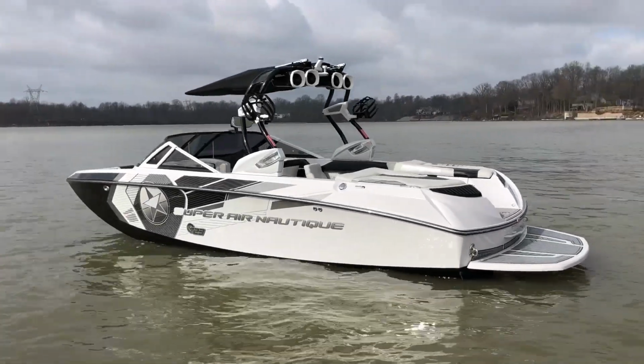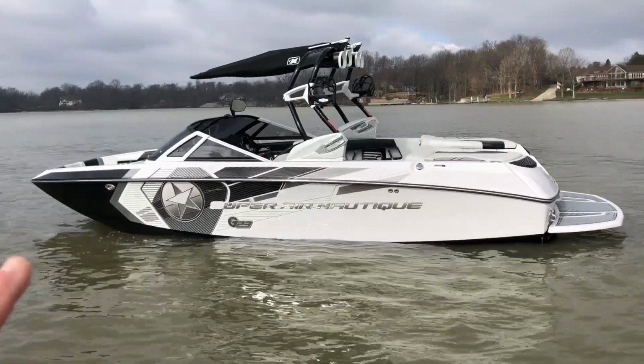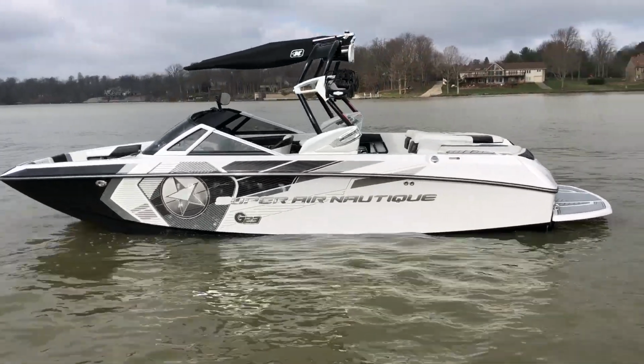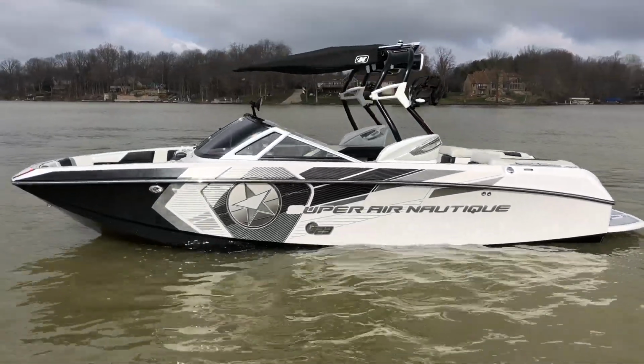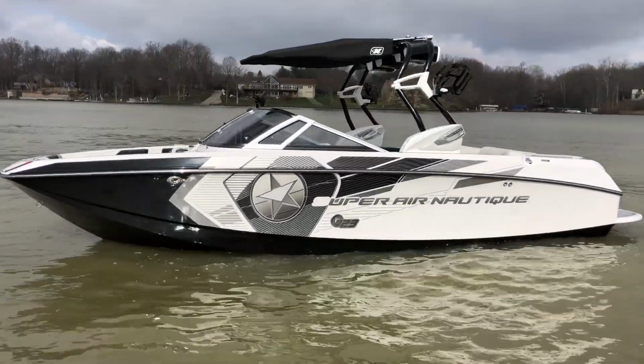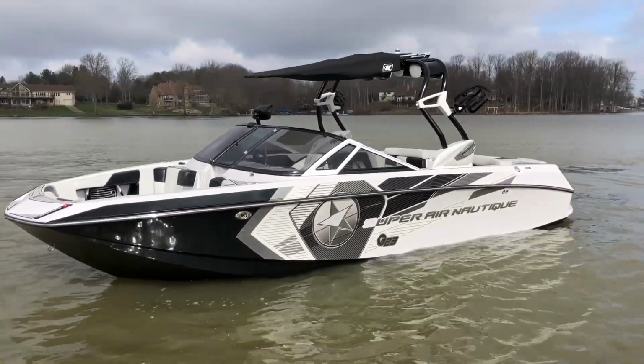2013 Super Nautique G23. I'm gonna start off with, yes, I know the S is missing. It's coming. We got out here and I was like, oh, we didn't put the S on it. So it was damaged. We put a new one on it, or we have a new one for it. But black hull, black forward stripe, silver cloud main,